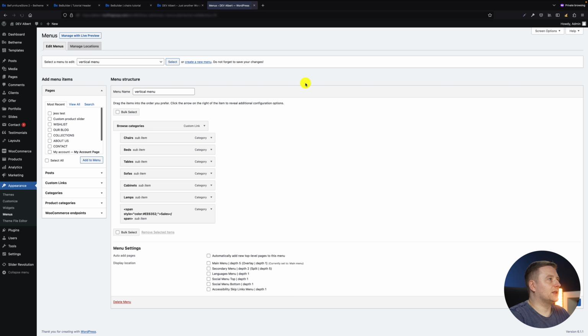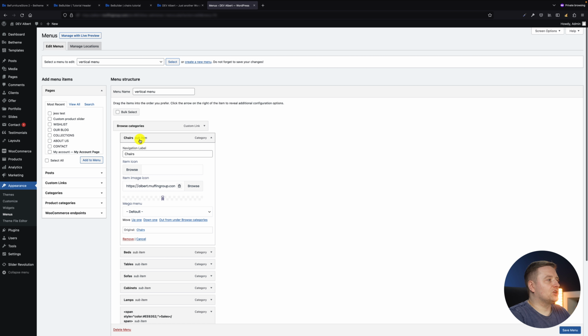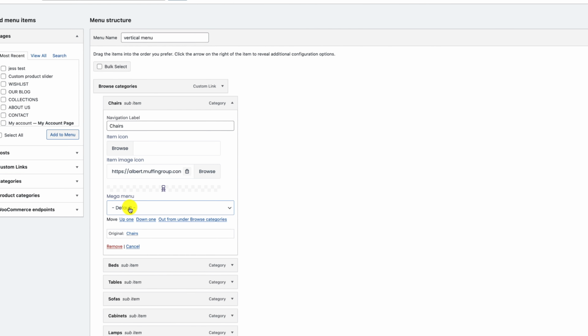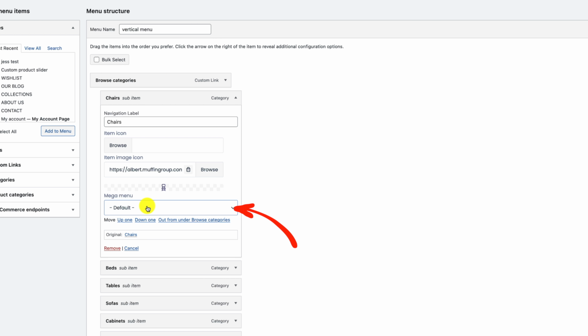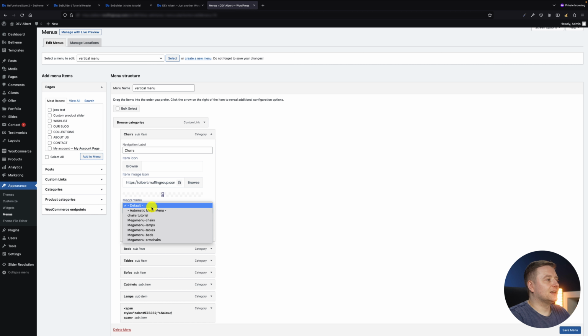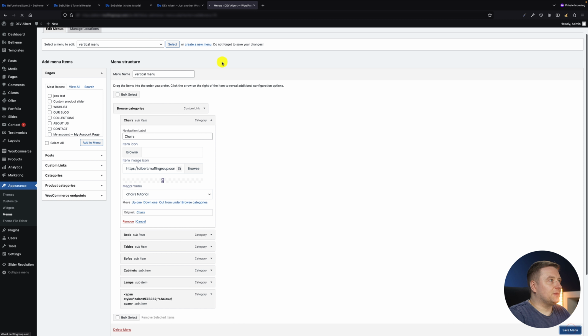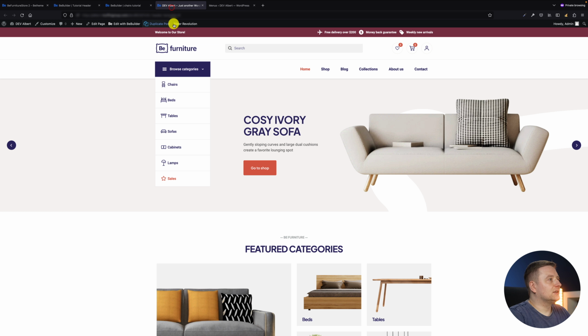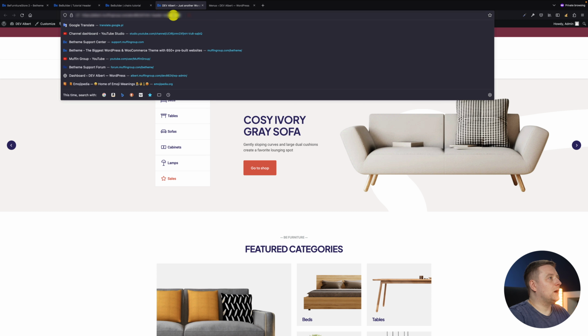Let's choose the vertical menu we've created, and what I have to do right now is open the settings of the chairs submenu item, and for this option, which is called mega menu, I have to select the mega menu I've already made for this submenu item. So it was chairs tutorial, so I will choose this one. Let's save the menu right now, and if we go back to our home page,